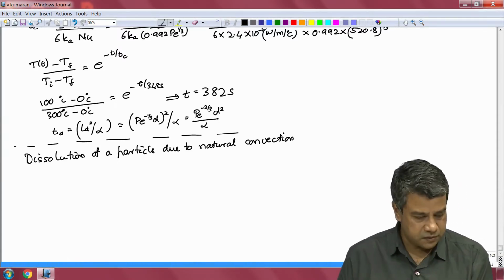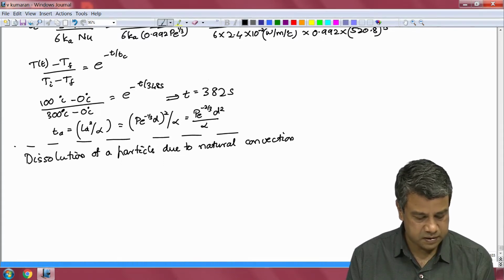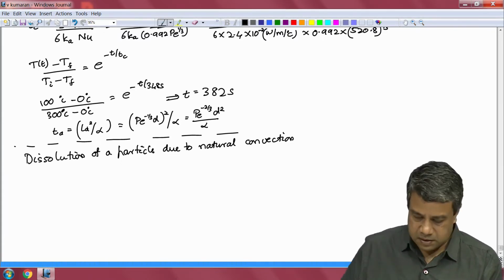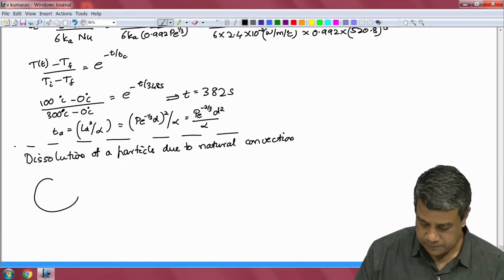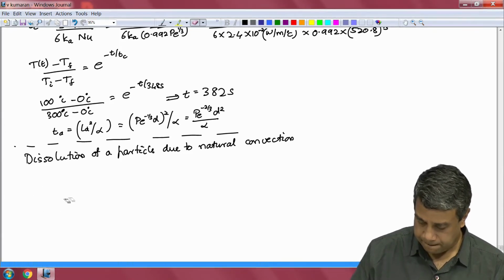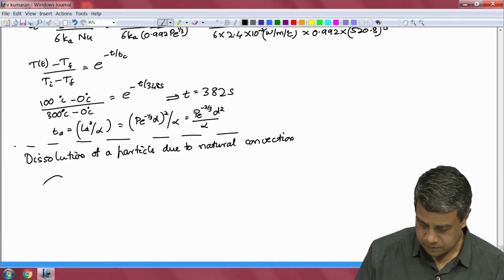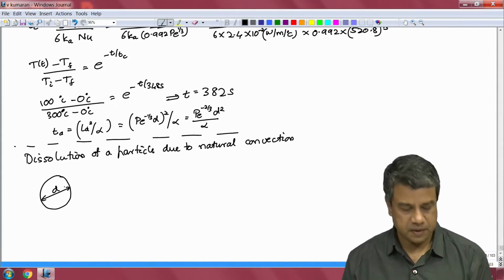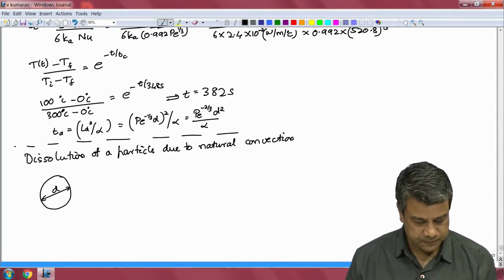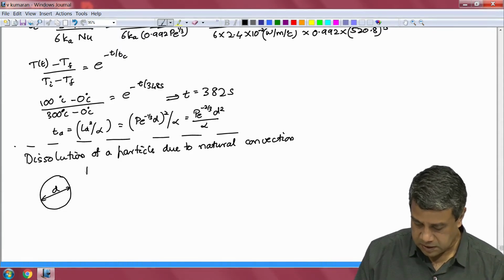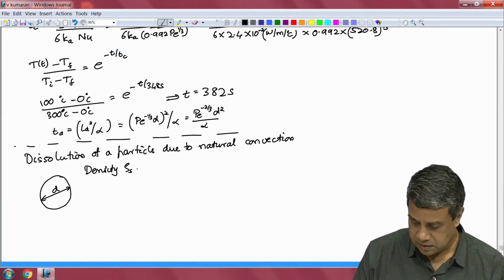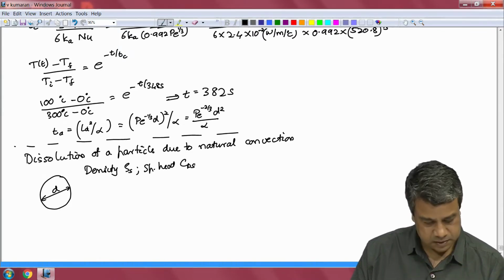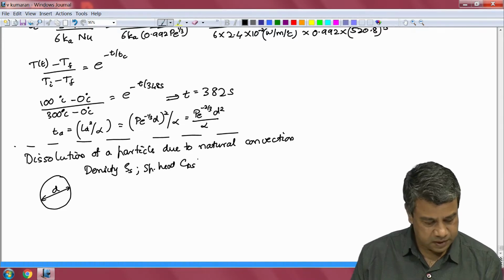Okay, let us look at the dissolution of a particle due to natural convection. So, we take a spherical particle of diameter d, density rho s, specific heat Cps, in a fluid with